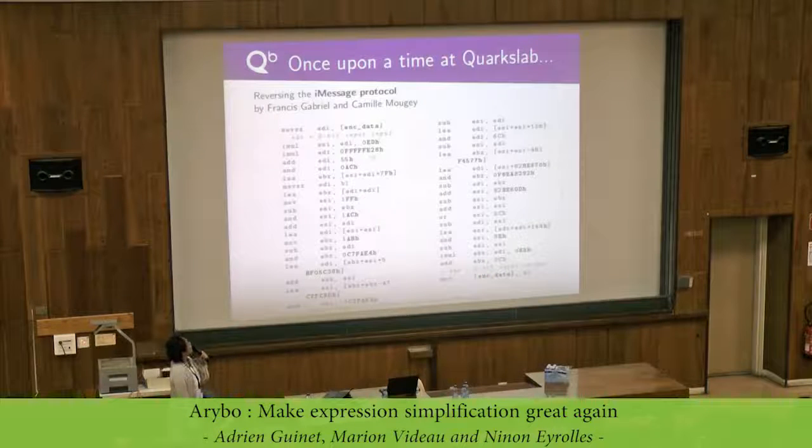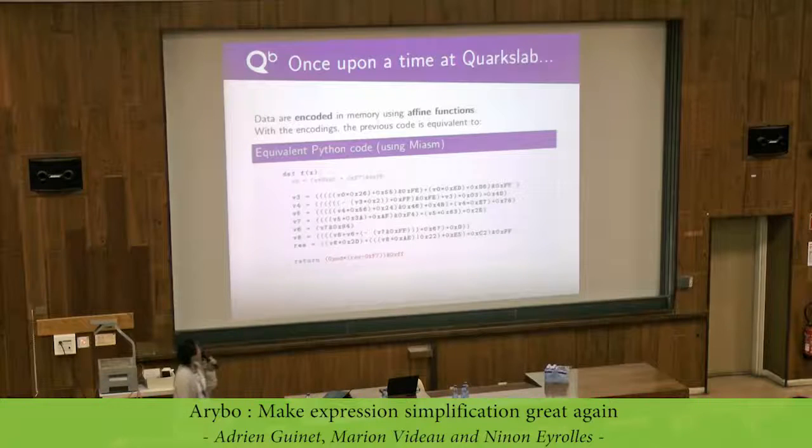A few years ago, colleagues in Quarks Lab, trying to reverse the iMessage protocol, stumbled upon this piece of code. When you see that, you try to find a more readable equivalent, and what is the readable function? It's that. You see there is a lot of arithmetic operations mixed with Boolean operations. And